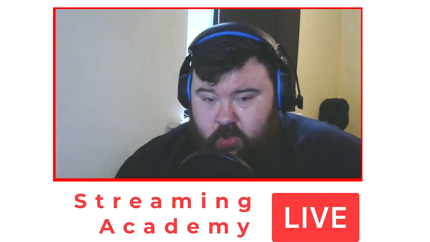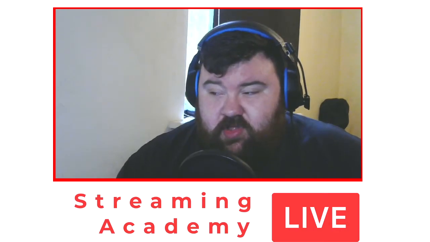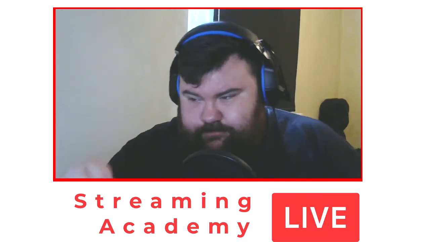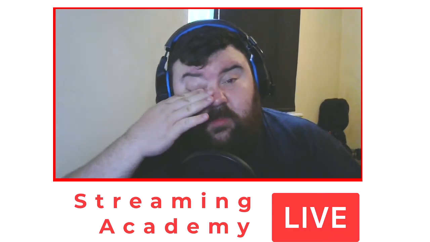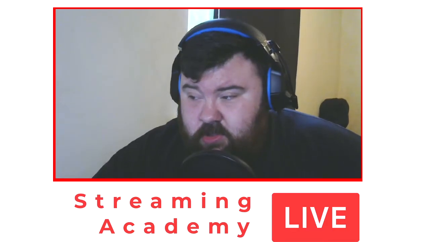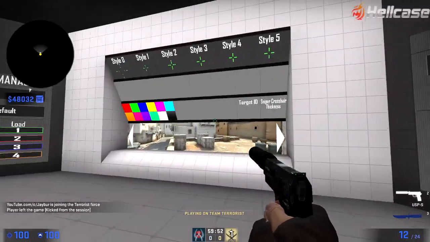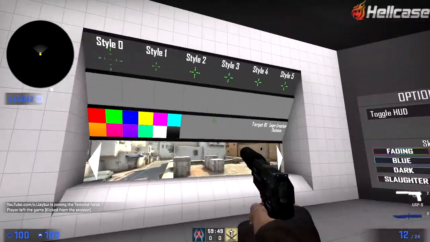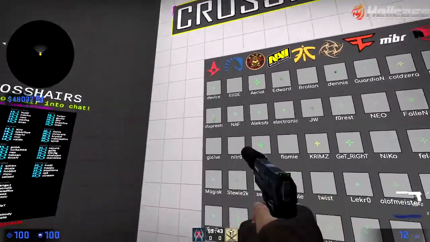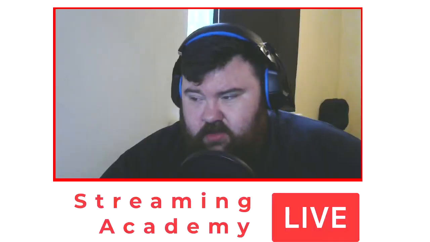There is a program on the Steam workshop for Counter-Strike. It's called Crosshair Selector, and anything I talk about in this video, I will put links down below for them. It'll let you test any style. It's got a little aimbot style thing there you can use to flick on people, and it's even got the presets for most of the pros of what they use on the circuit at the moment. So yeah, my first tip,